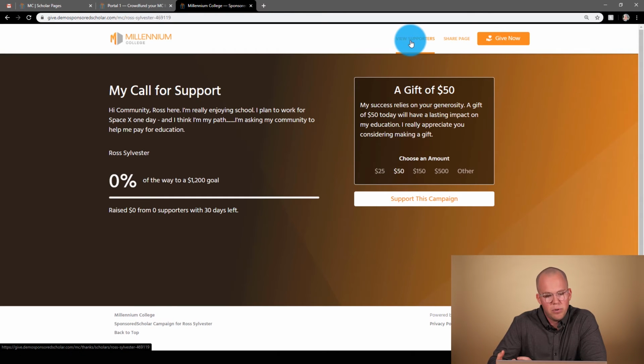So this is important from the perspective of the supporter, knowing that their money is going to go actually to what they would hope that it goes to. But also from the school's perspective, the money is actually going directly to them so they can ensure that students pay their bill. If you just do some simple math, if it costs $30,000 net tuition to go to a school,